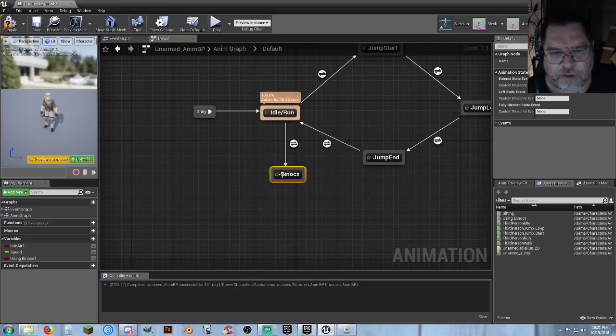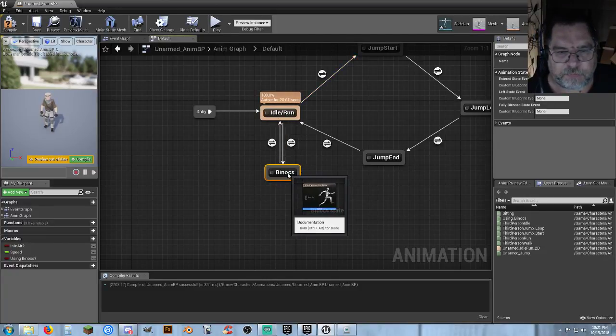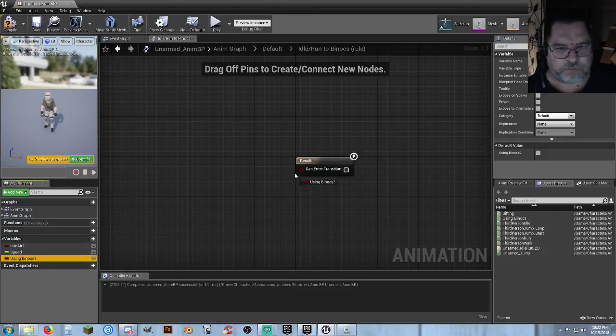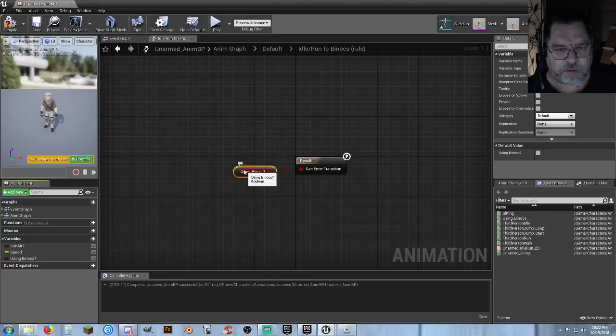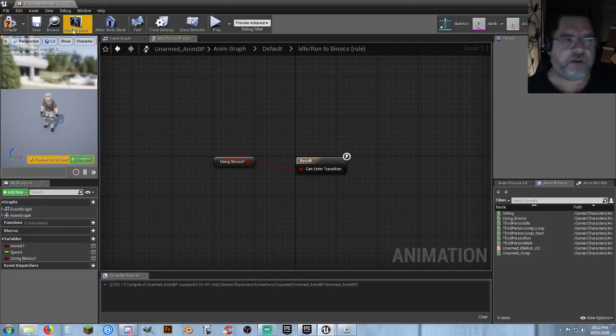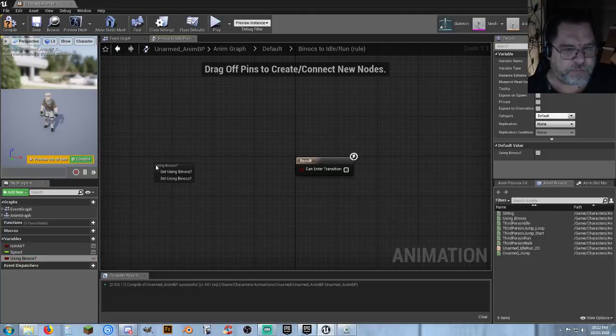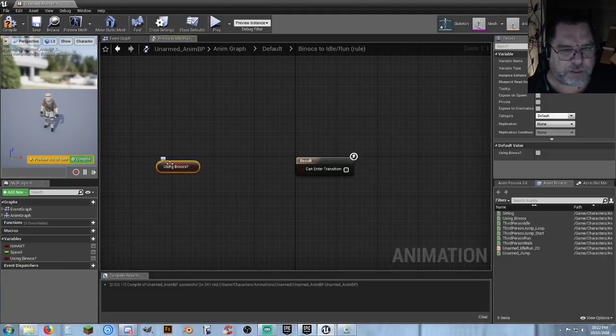We'll call that binocs. Then we want a state going back to idle and run, and then to go to using them, we want to, using binocs, drag it in here, and that's it. If we're using our binocs, we can use our binocs. So we go back to this, and on this, using binocs, we'll get,